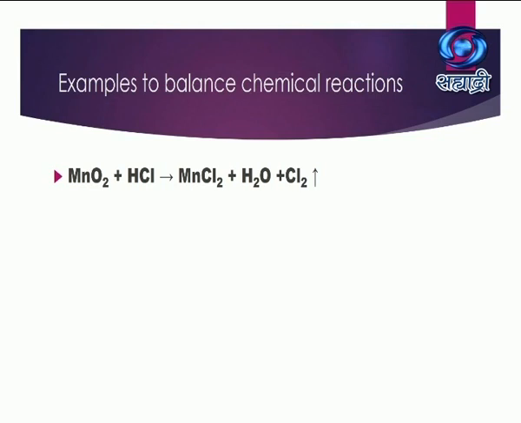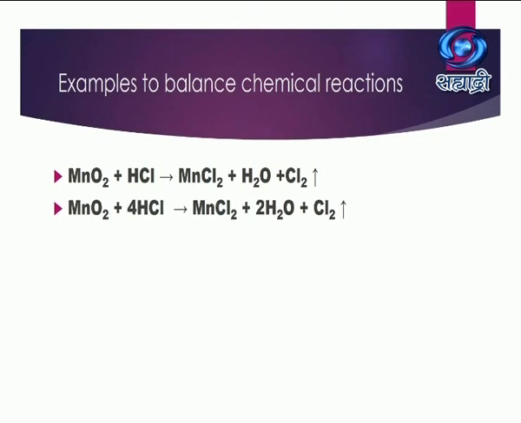Here we observe on both the sides, that is reactants and product sides, manganese is already balanced, but oxygen is not. Even chlorine is not properly balanced. In case of hydrogen also, we find that there are 2 on the product side, but only 1 atom on the reactant side. So we have to think about all these different atoms that are taking part,